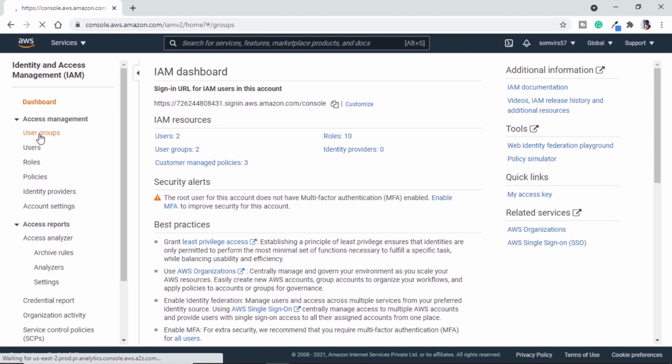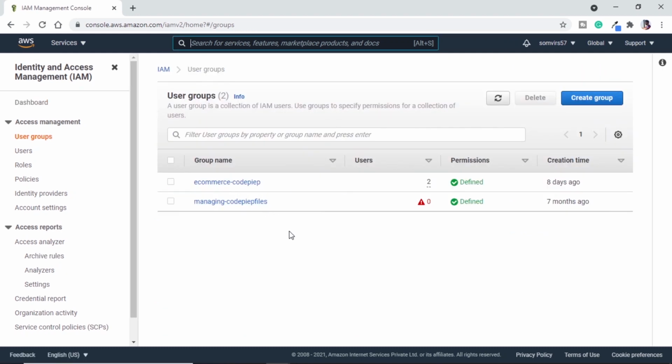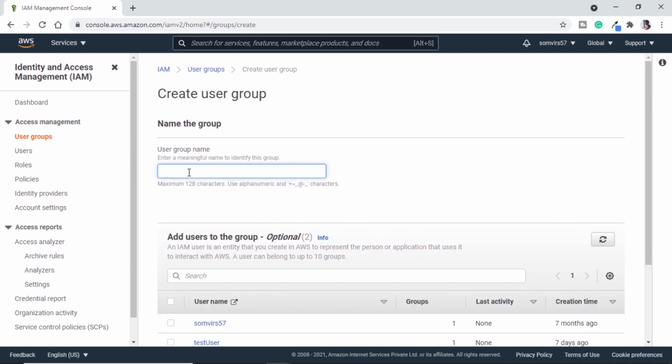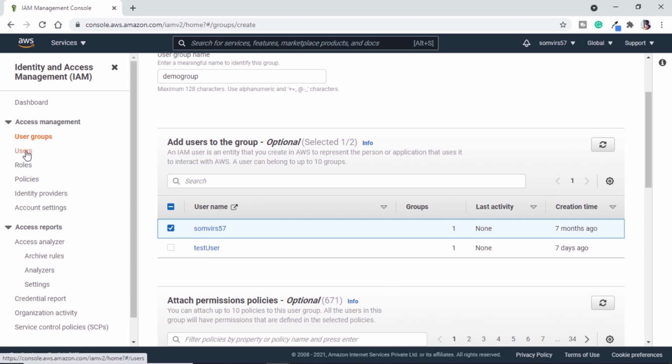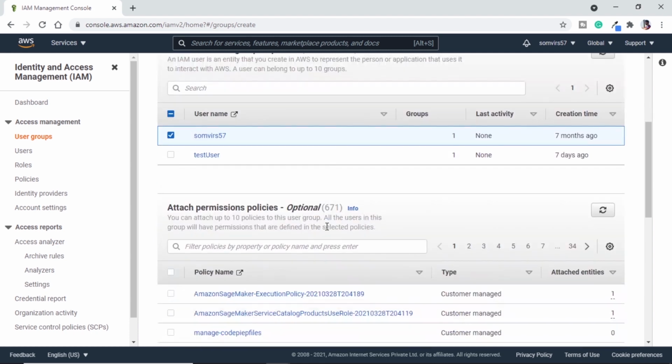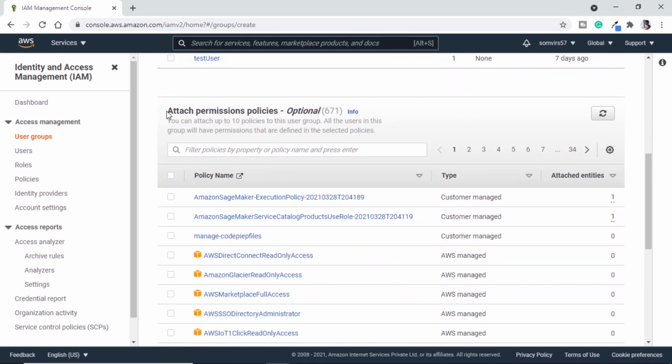So if we click on this, I already have these two groups, but we will create a new group for our demo. We can use any group name. So I will say demo group, and we can add users to our group. I will add myself, and if you have any other team members or any other members that you want to add, you can select them from here. And if the users are not present, you can go to this user and create a new user for your AWS resource. So here I am adding myself, and if I scroll down, it is asking to attach permissions.